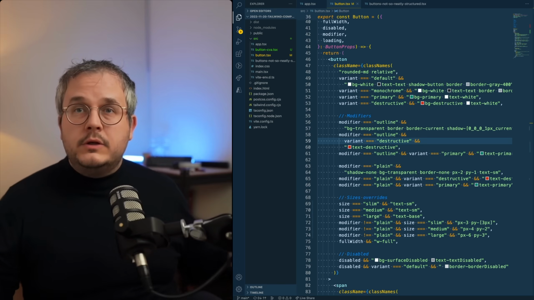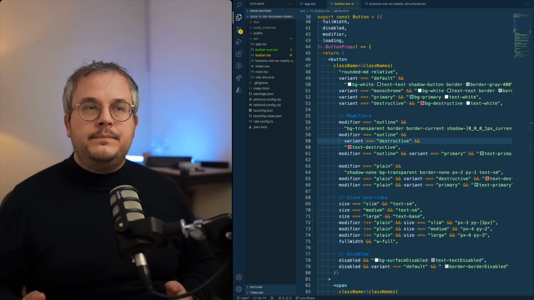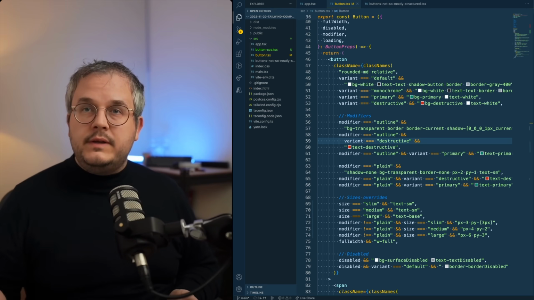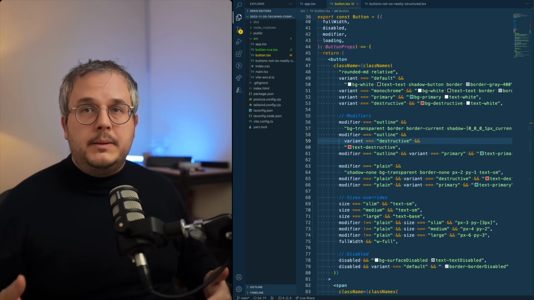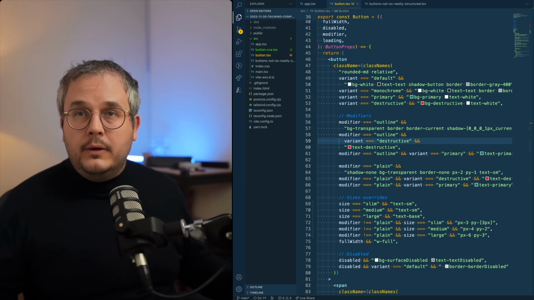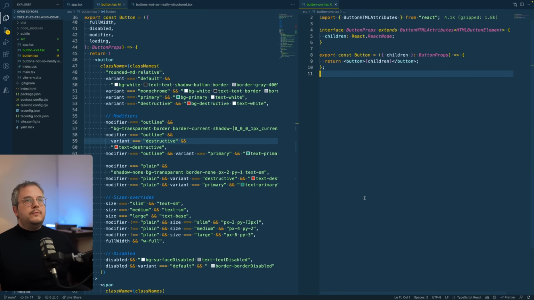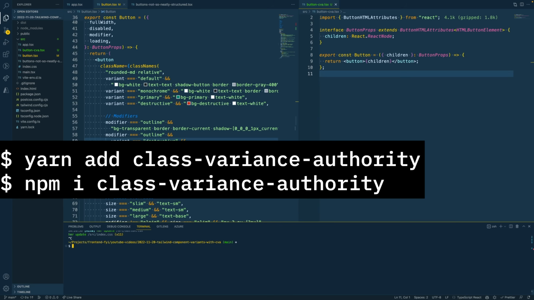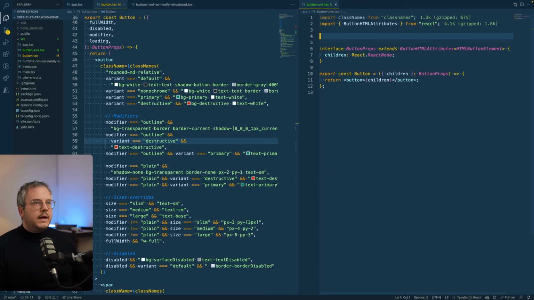So, after we've looked at how a button would look without CVA, it's now time to convert it to CVA and see if the code becomes better in maintainability, structure, readability, or perhaps not at all. What I already did is create a new file called button CVA, where I've only added in a basic button. The next step we need to do, of course, is install Class Variance Authority by running yarn add Class Variance Authority. And when we did that, we are able to create a new button by creating a variable called button,